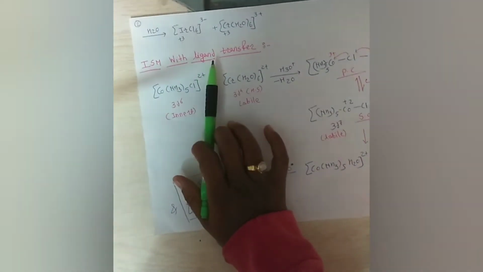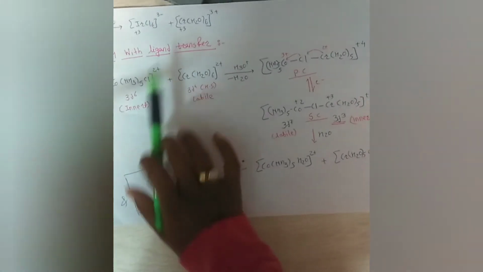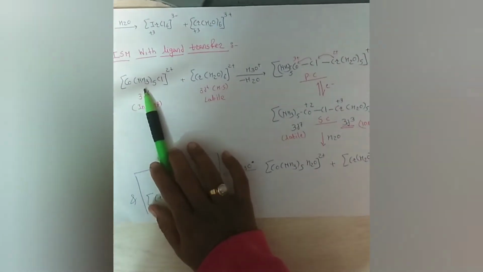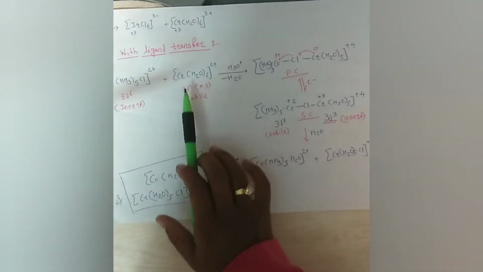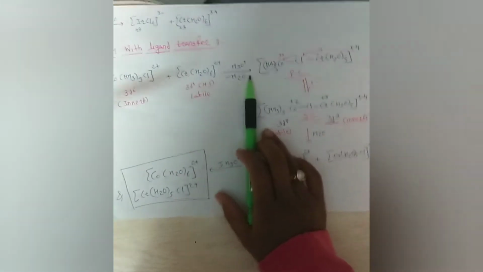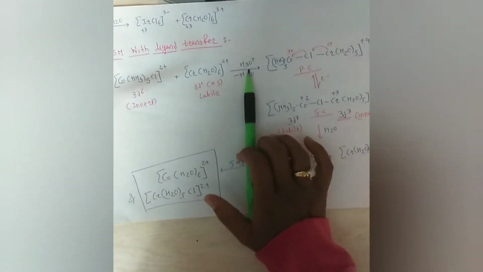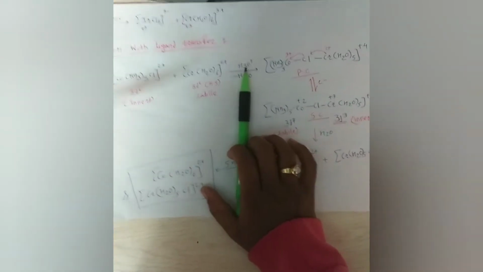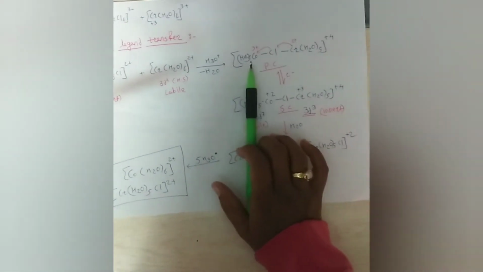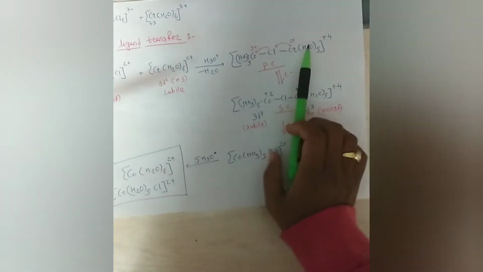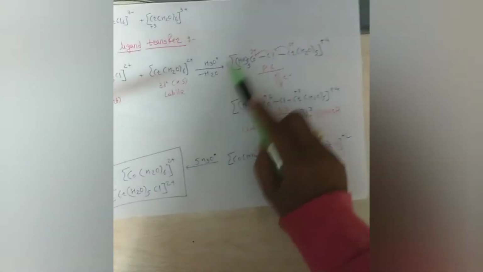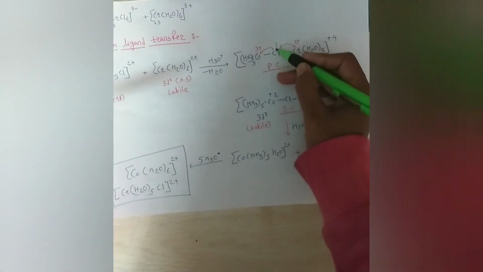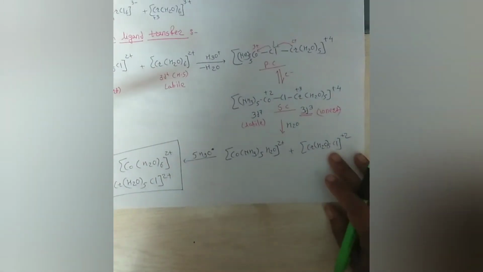So next is inner sphere mechanism with ligand transfer. In this case, we are considering the example of Co(NH3)5Cl in +2 state plus Cr(H2O)6 2+. When hydrolysis of such a complex is carried out in the acidic medium, we are getting a precursor complex (NH3)5CoCl Cr(H2O)5. Total charge of the complex is +4. In this particular case, chlorine is acting as a bridging ligand.